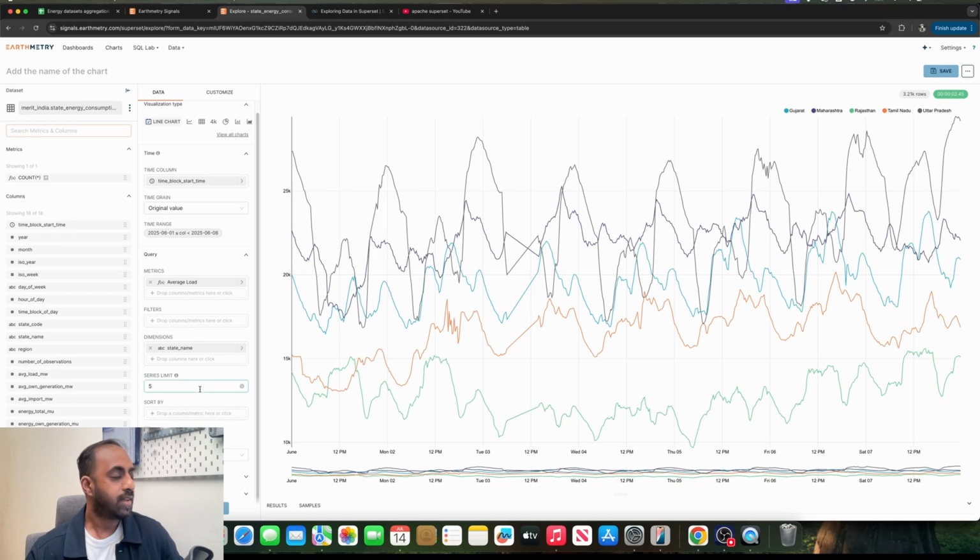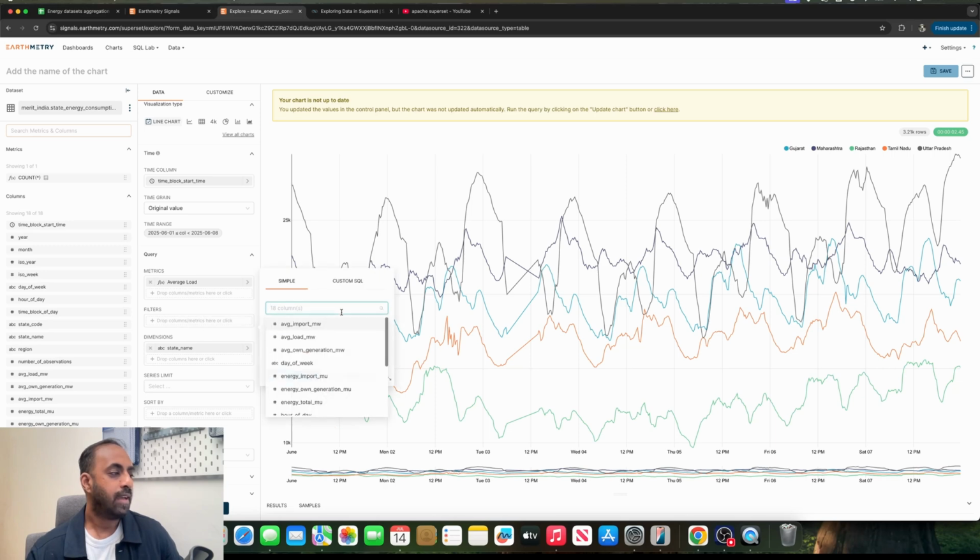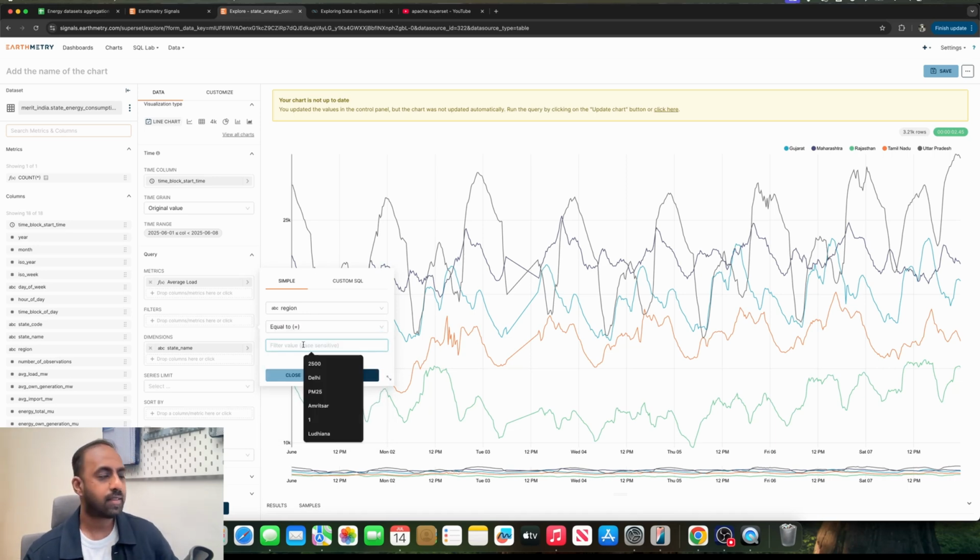You could also use other kinds of filters. For example, let me remove this series filter, but let me filter by the region. Now the region, and I'm going to look at this. Now, in certain cases, the filter values will self-populate. In certain cases, if the table is really large, it may not self-populate, right? So what I'm going to do as a quick hack is, since I don't know what the regions are,